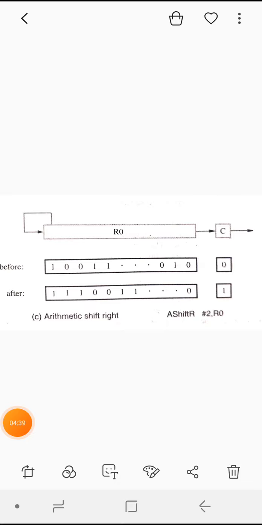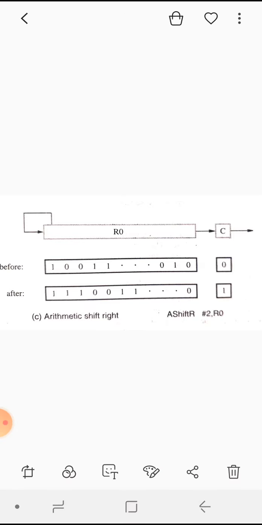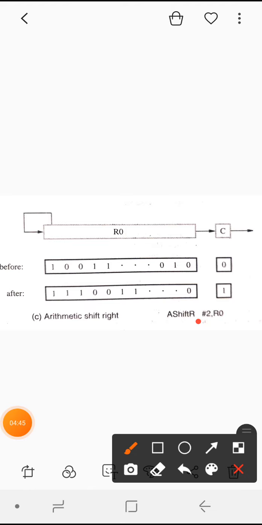Arithmetic shift. Here in the arithmetic shift, again the syntax is like you will be having A, which says arithmetic shift, and you are trying to perform it on the right side, and you will perform this shifting 2 times. That is why we have stored the counter as 2. Whereas the vacant position will be filled with the MSB value. So in this example, the MSB of the data is 1. So whenever this MSB position is getting vacated after shifting, that vacant position will be filled with 1.